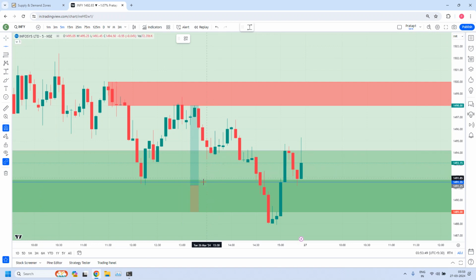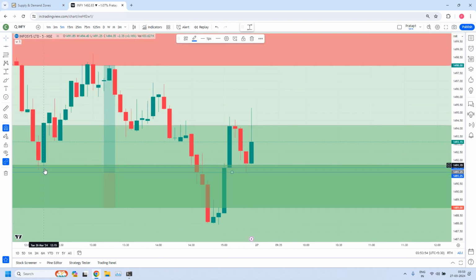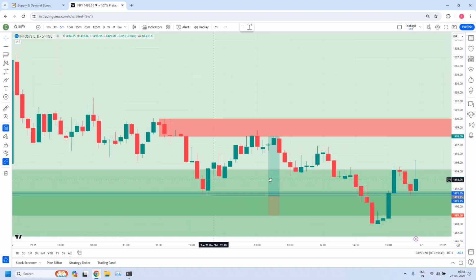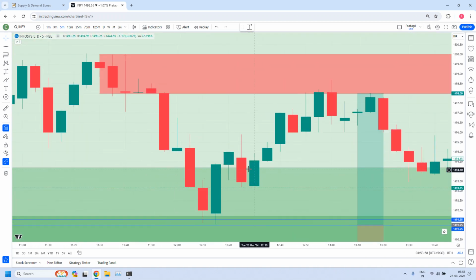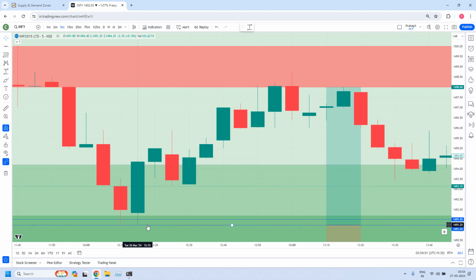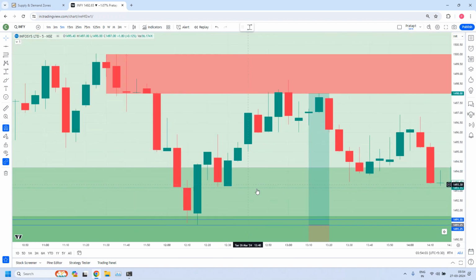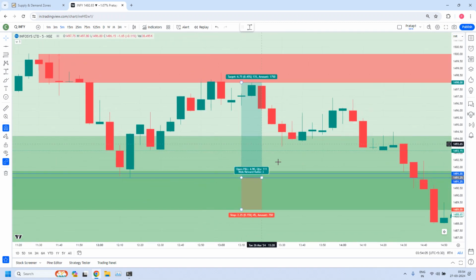Let me draw a horizontal line. For those people also, they would have got the RR. Price just touched this 1:3, the blue color line. They also would have got it. Just reached. And if you aim for 1:5, definitely you would have missed this, because further you need to reduce the risk, you would have missed. So those people who are looking for either 1:2.5 or 1:3, they would have got the